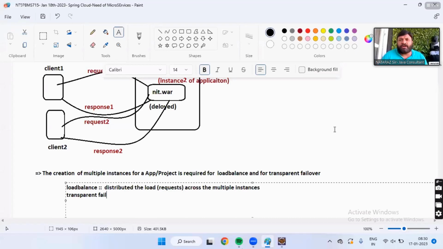Sai Kumar, web client is the terminology of the Jersey model, it is nowhere related to Spring REST. Is that clear? If you are developing RESTful web services using Jersey API, JAX-RS API, then web client comes into picture. I think I have already cleared this. Guys, in Spring, REST template is there. Got it, guys?